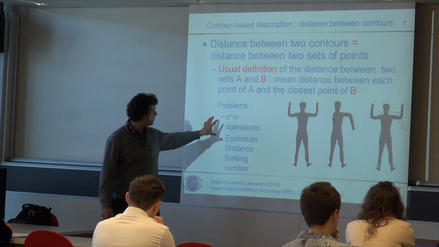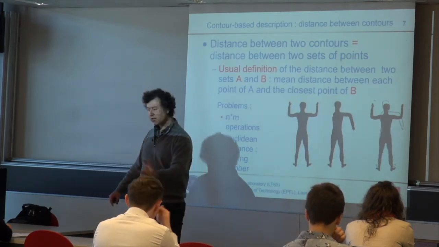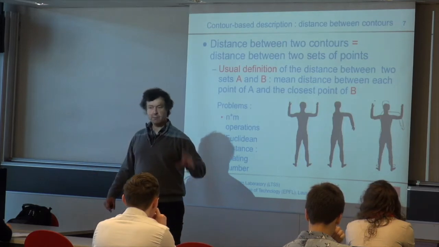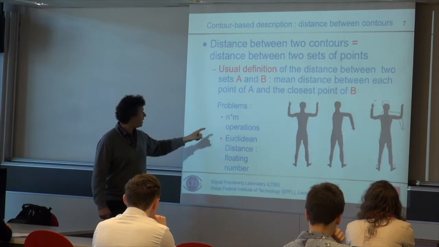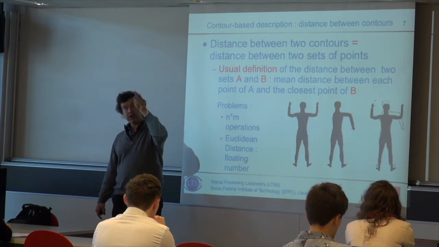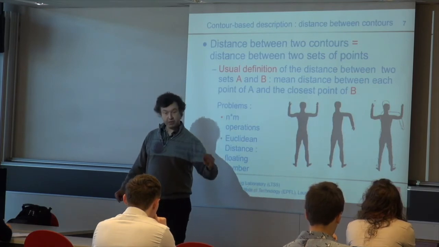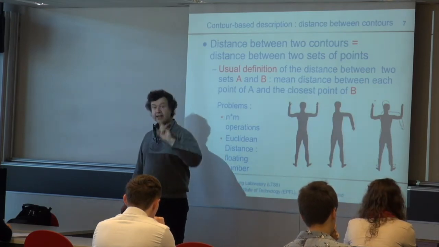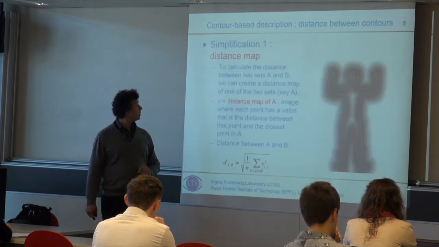And the first simplification that I propose is, well, okay, you know, my objects that I want to compare them are all different, but my initial object is always the same. So instead of each time finding for each point of the one the closest, or finding for each point of the other the closest of A, I can do something a bit more clever, which is what is called a